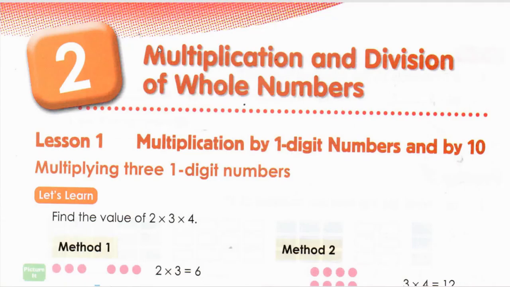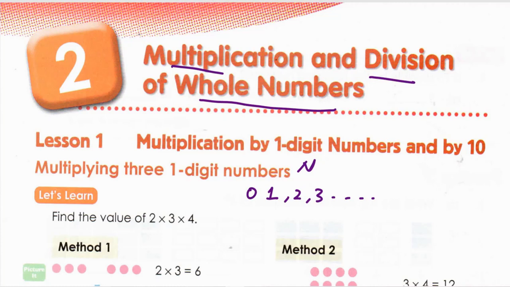Welcome back for Mathematics Chapter 2, that is multiplication and division of whole numbers. I think you know what a whole number is. Natural numbers, whole numbers. Let me clear. Natural numbers means the numbers which are countable, which start from 1, 2, 3, and so on. Whole numbers means natural numbers including 0. So we are going to do this chapter under whole numbers. We are going to do multiplication and also division of whole numbers, which means you'll get zeros in between also.